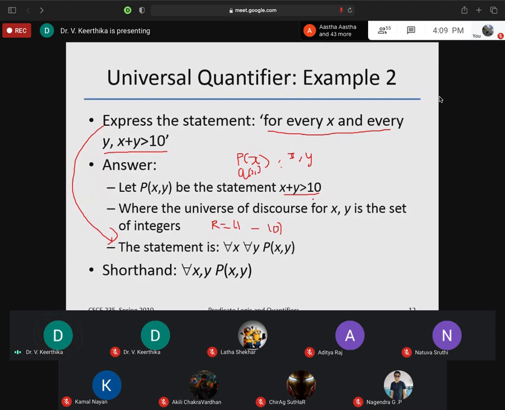So I can have any other value. 10 means 5 plus 5, or otherwise 6 plus 4, otherwise 7 comma 3. So for all the values, if the statement is true, I can say the statement is a valid statement. Got it?